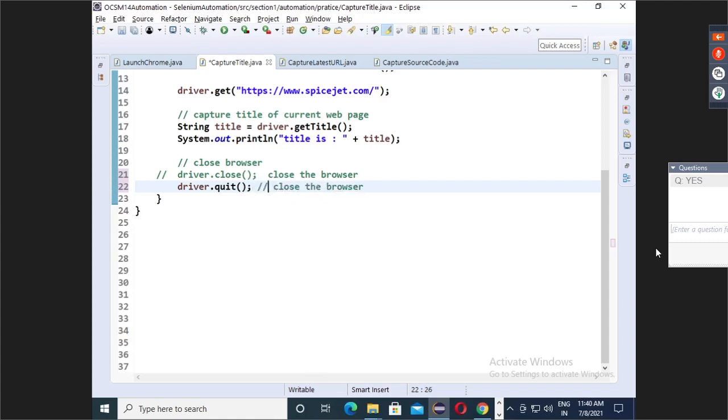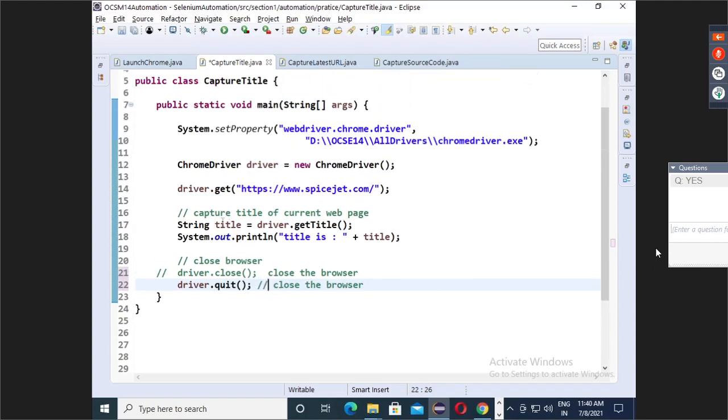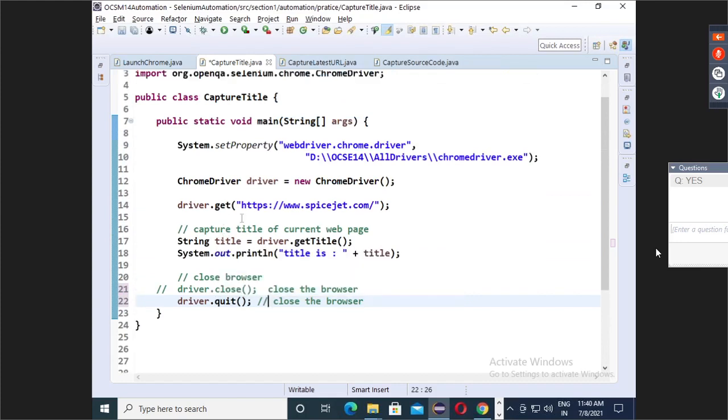Then what is the difference? I'll explain everything. First, write down this code. Take the subheading, close and quit. Note down this.